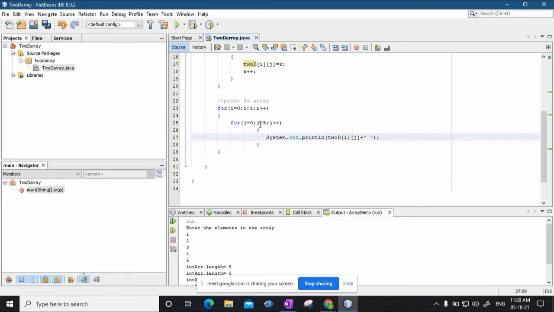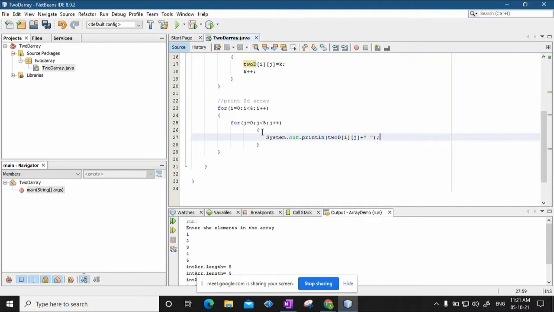So what will happen is, here when i equal to 0, it will come to the inner loop, j equal to 0. So for i equal to 0, j equal to 0, I am actually referencing the 0 comma 0th location of the matrix. It will print the 0 comma 0th location value. Then there will be a space, or tab, you can even put a tab here, no problem. And then j will be incremented. So the next value that will be printed will be the 0th row but first column, 0 comma 1, and so on.